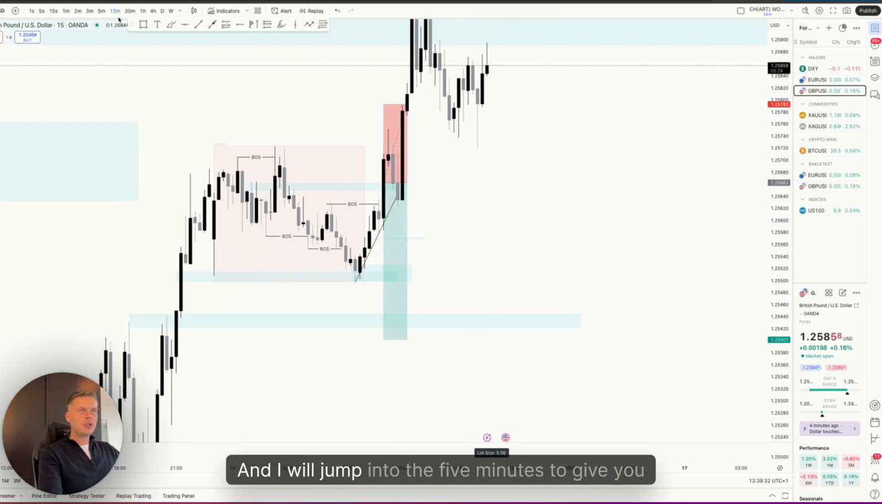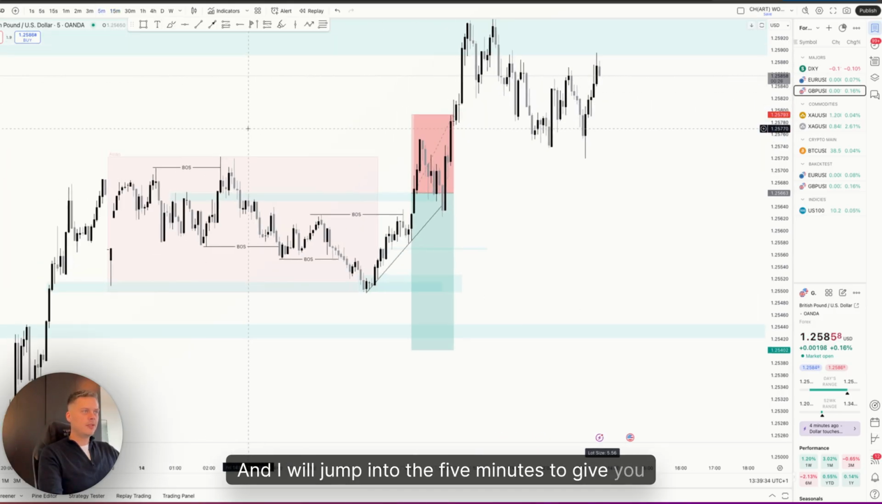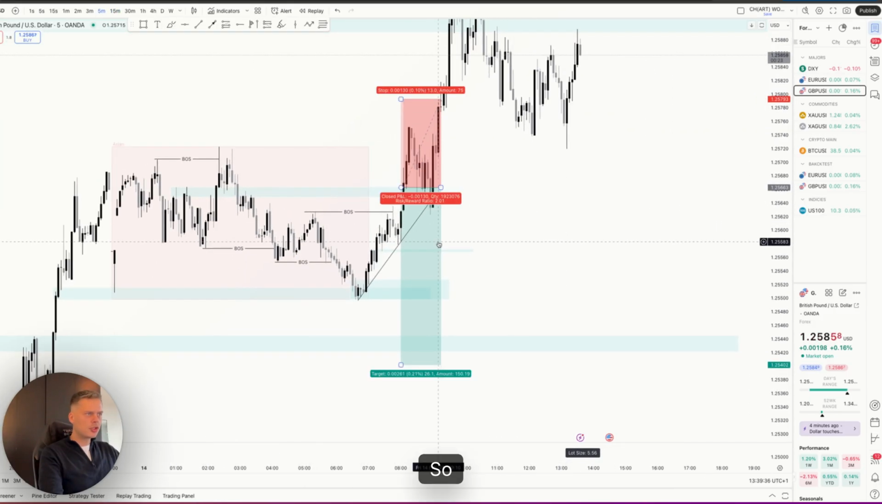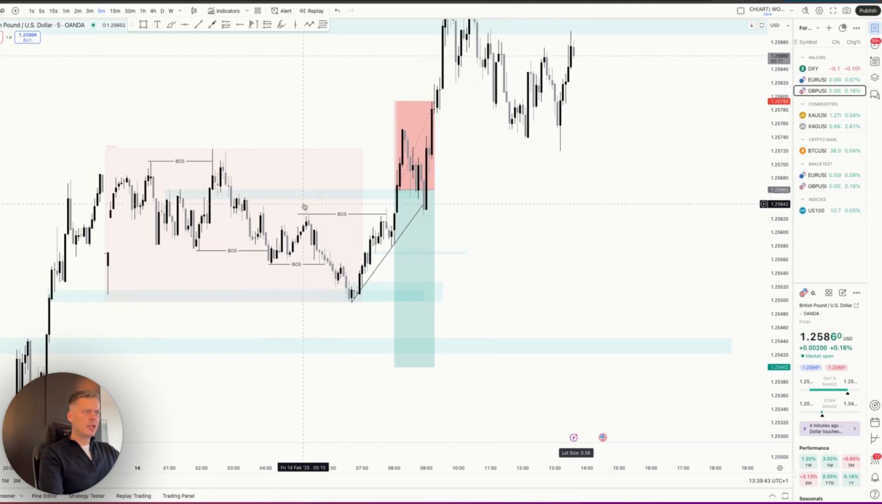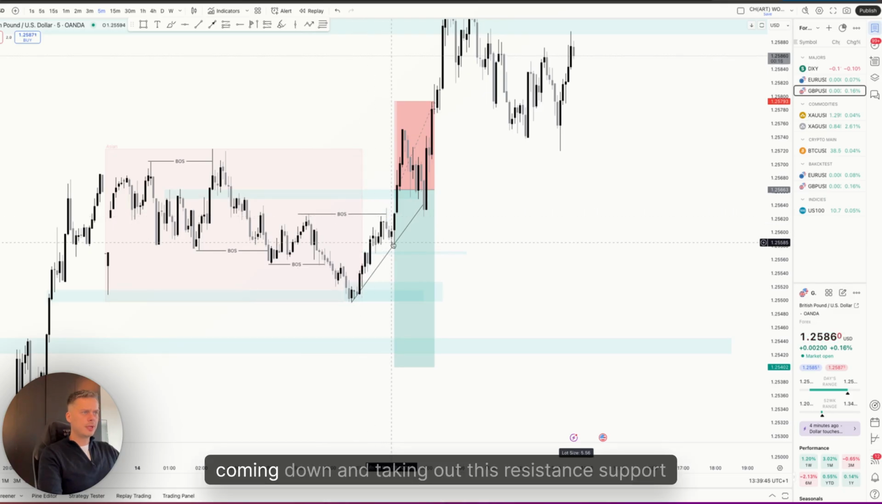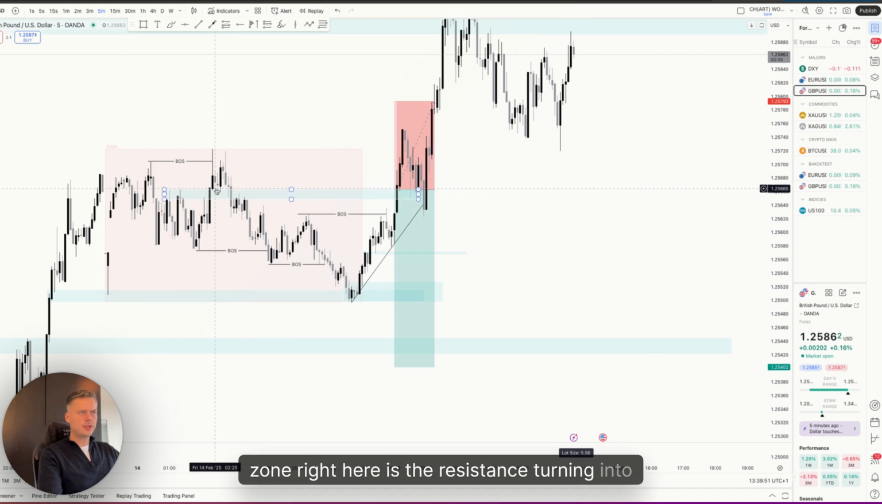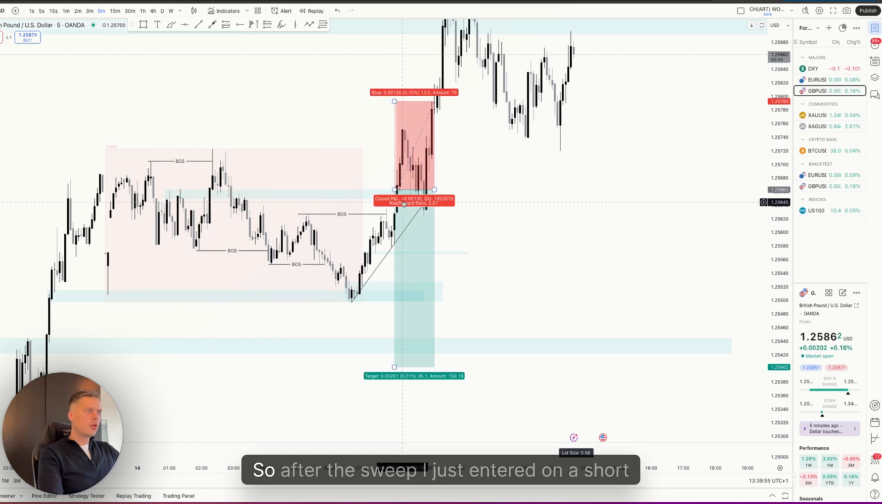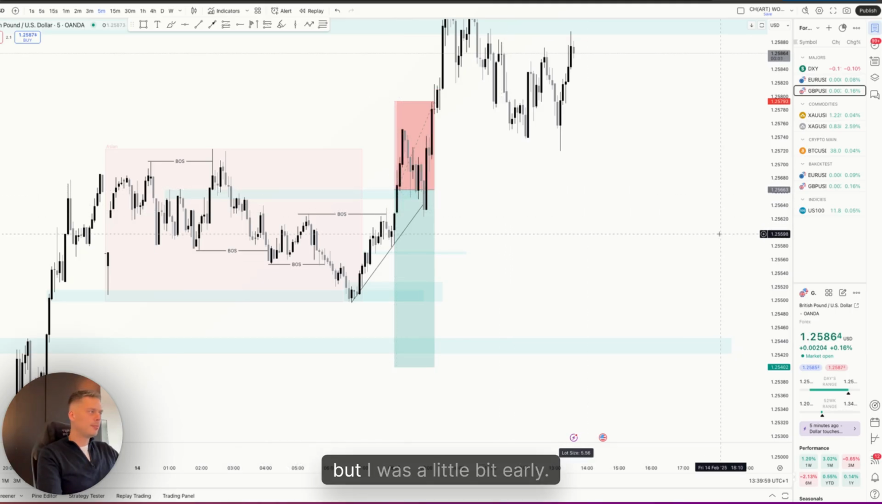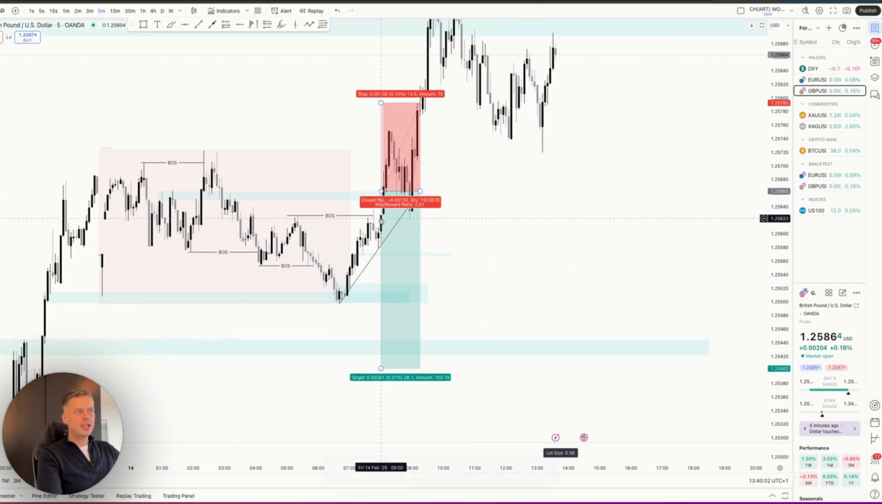And I will jump into the 5 minutes to give you guys a little bit of clarity. So I saw price stepping up, leaving this little support area over here, breaking bullish structure, coming down, and taking out this resistance support zone. Right here is the resistance turning into support, and then it turned into resistance again. So after the sweep I just entered a short position, but I was a little bit early,